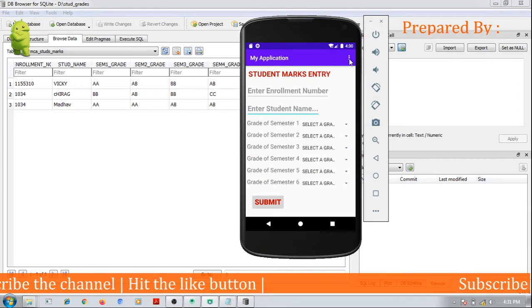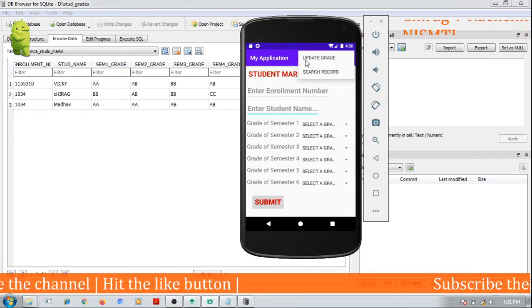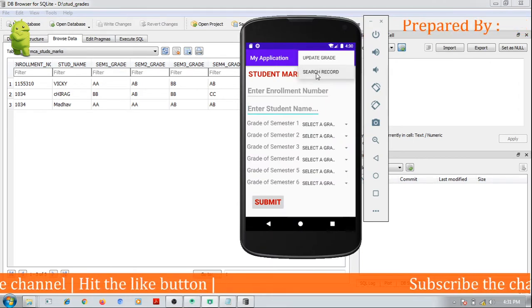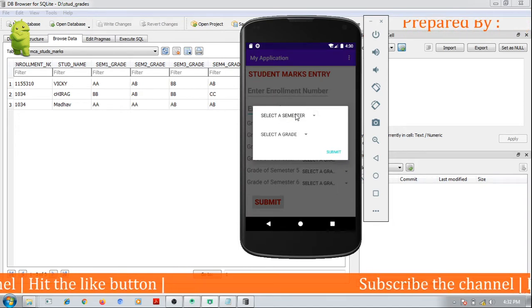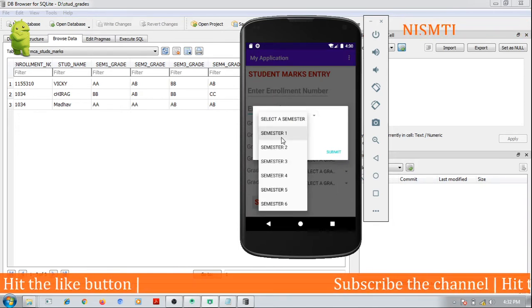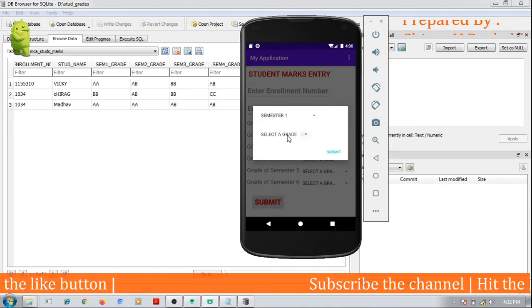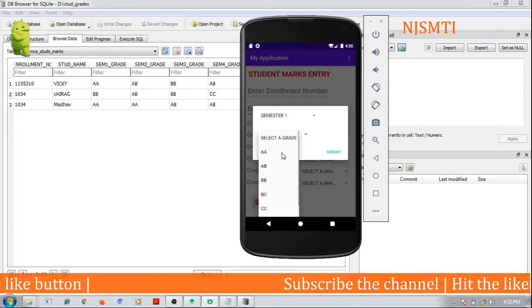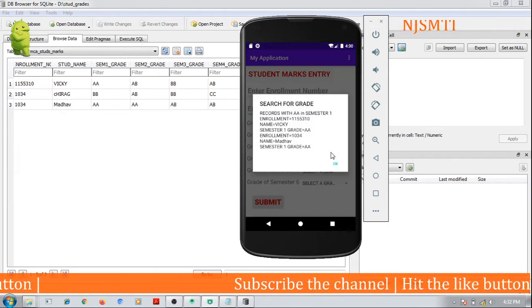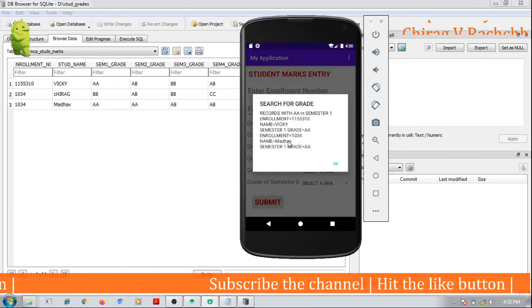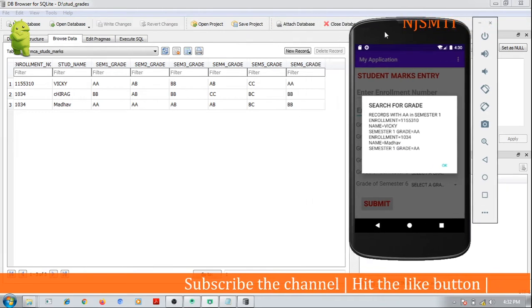Now suppose I want to search. Select semester, that is 1. Select grade, that is AA. Submit. So both records are shown here.